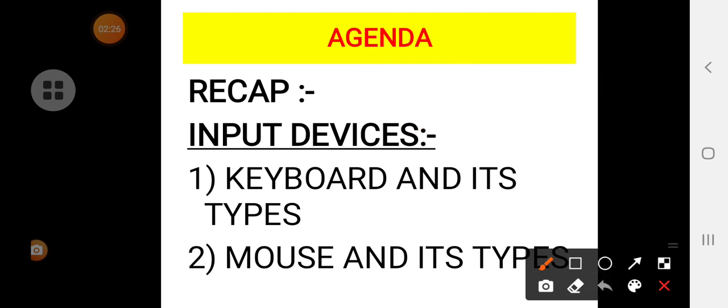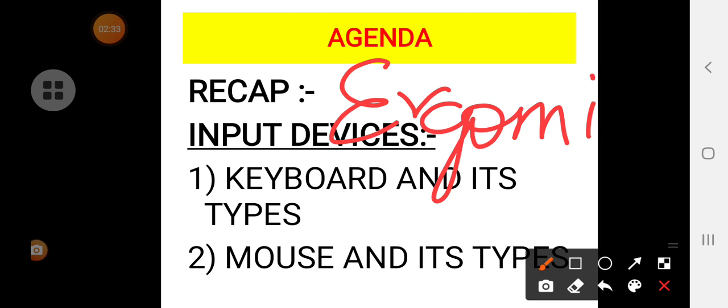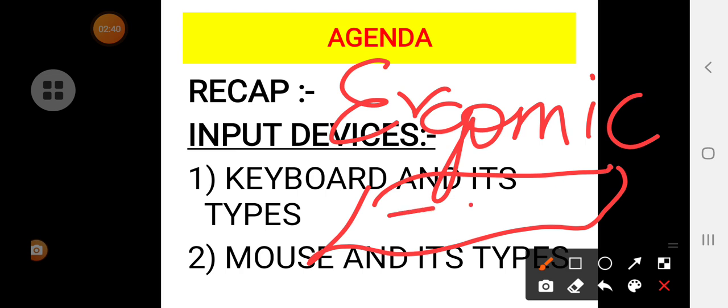And then what did we discuss? We discussed the ergonomic keyboard. Ergonomic keyboard, in the sense, in your mind it should come like there will be a support. An ergonomic keyboard provides support for your hand in order to avoid pain in your hand and wrist, and it is comfortable even for the fingers.